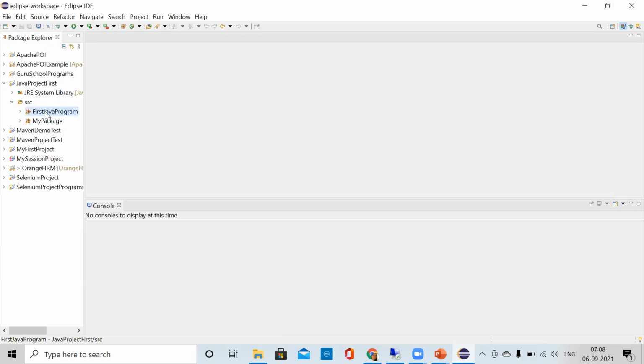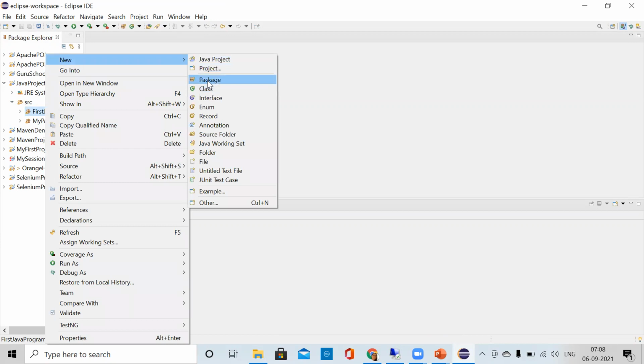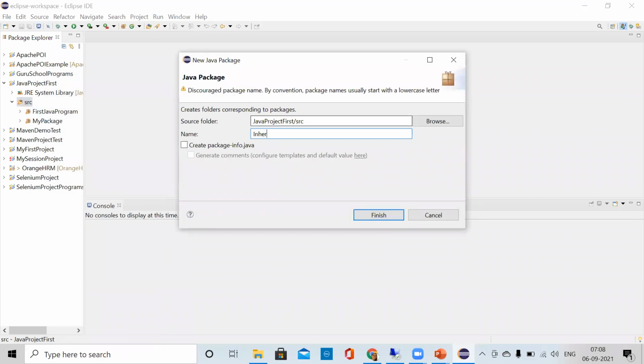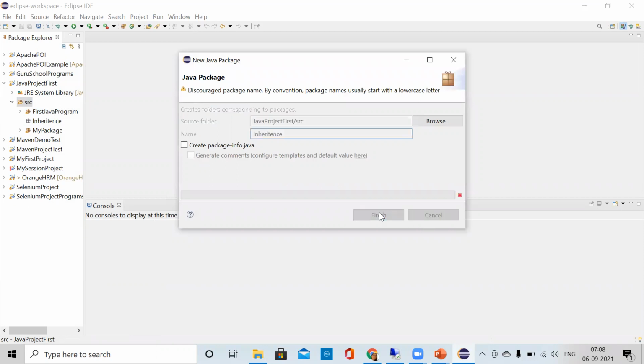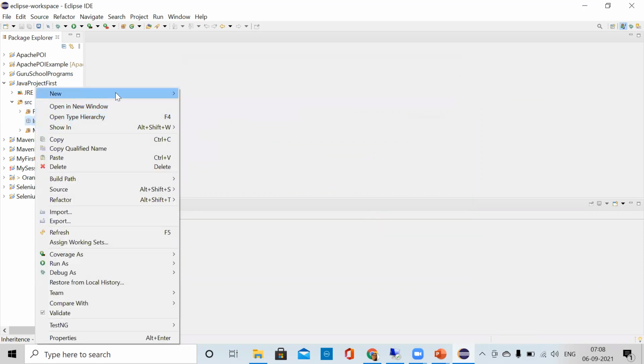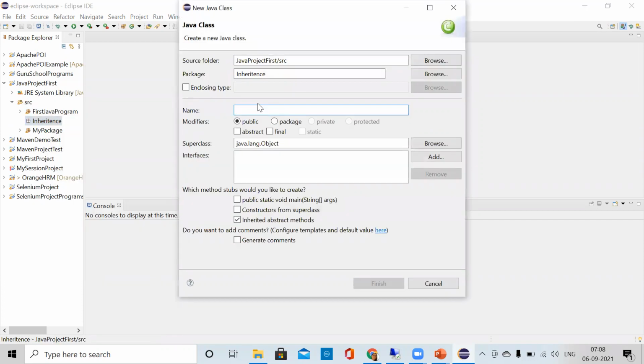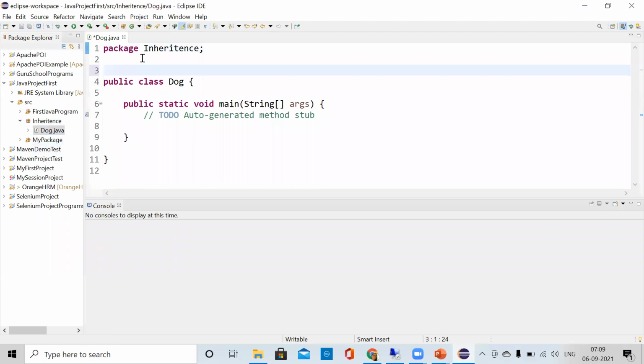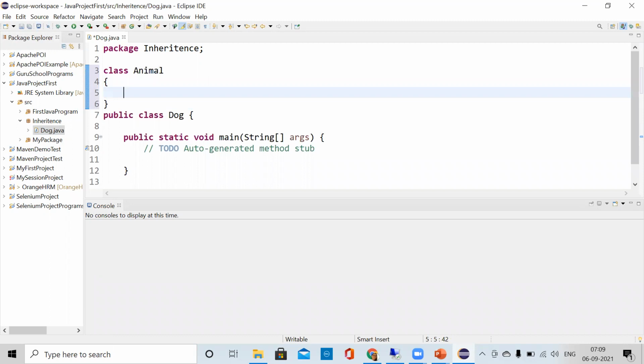Okay, so here I'm creating one new package, which is telling about all the things about inheritance. Inside that, I'm creating one class, suppose it's a dog class, in which I write the main method. Finish. So what I'm doing here, I'm creating one more class which is animal. Okay, class animal. Inside that, I'm creating one method which is called as